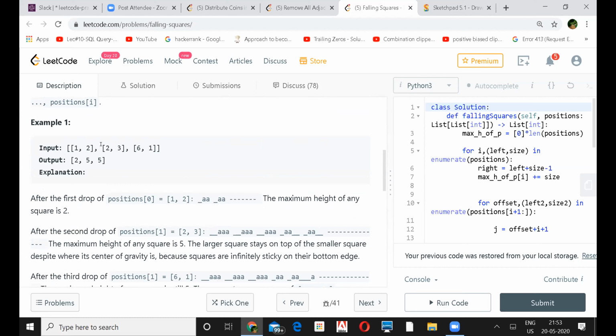So you might have to compare all the intervals with each other in order to find the exact height. It's not enough to compare the previous intersection with the current one; that won't help, right? Let's say this started at position 0, then it will intersect with the first one.